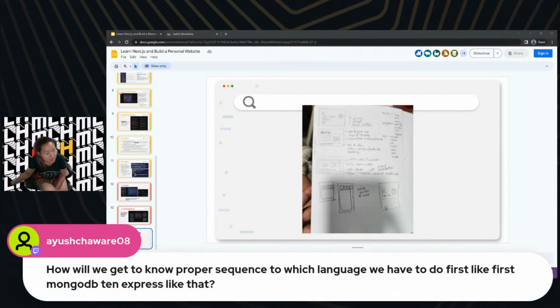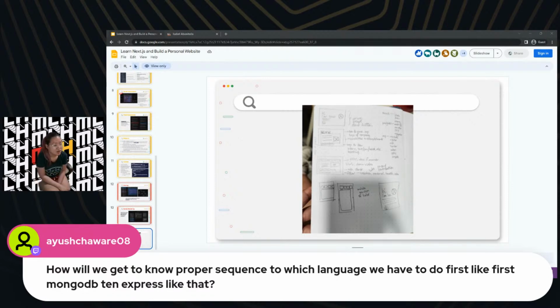How will we get to know the proper sequence of which language we have to do first, like first MongoDB, then Express, like that? Oh, I think in my case, since I learn by doing, it depends on the project that I'm making. Sometimes you need Express to connect to MongoDB, for example.